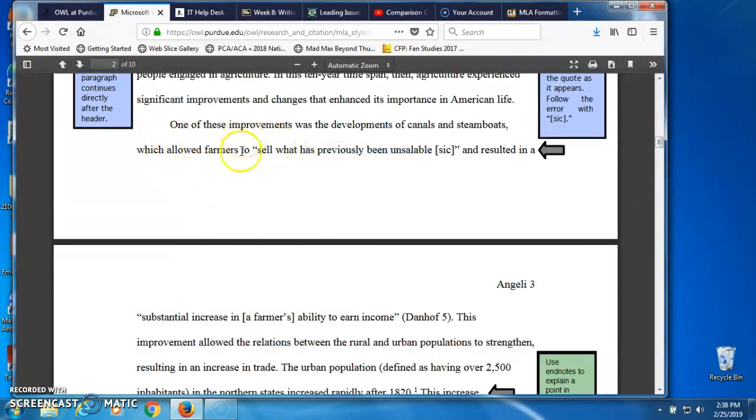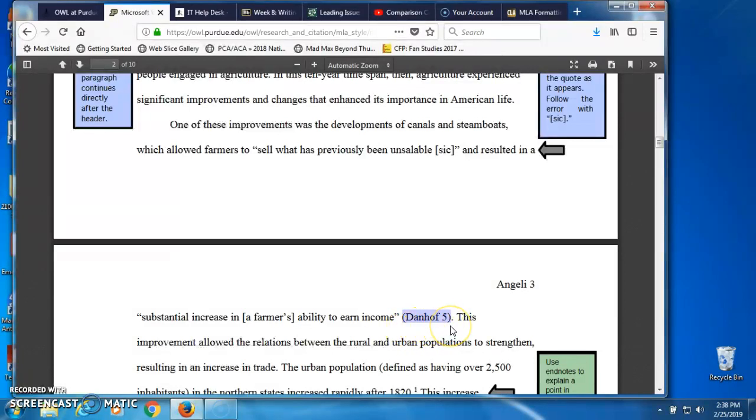But whatever I'm doing to use that source, at the end of the sentence, I want to do what's called an in-text citation. Some textbooks call it a parenthetical citation. This simply means that I'm going to give you what used to be, back in the olden days, a footnote. So if you read that quote and you think, I need more information about that, then what you can do